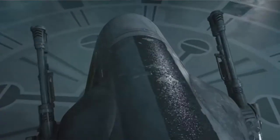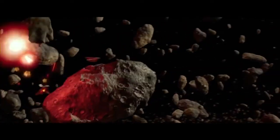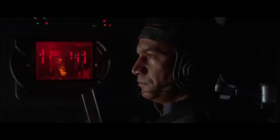But even without destroying all of the other ships of the same class, there were a lot of modifications made to this vessel that made it different from basically every other Firespray 31. The most notable modifications are the additional armament that were added to the vehicle. It had a pair of rotating blaster cannons, which we see mounted on the nose of the vehicle, twin laser cannons mounted right below the cockpit, concealed projectile launchers near the very bottom of the vehicle, which we see loaded with things like concussion missiles and proton torpedoes,